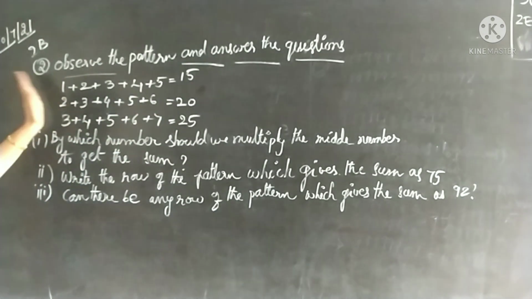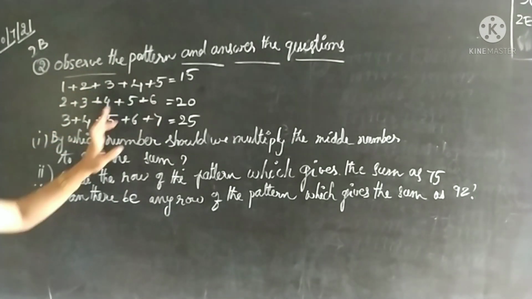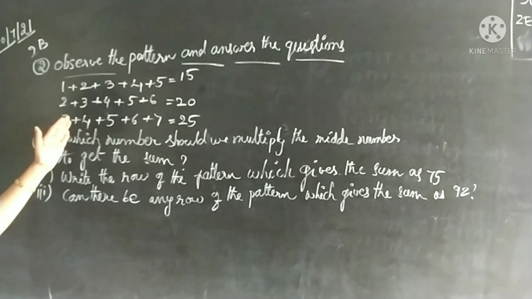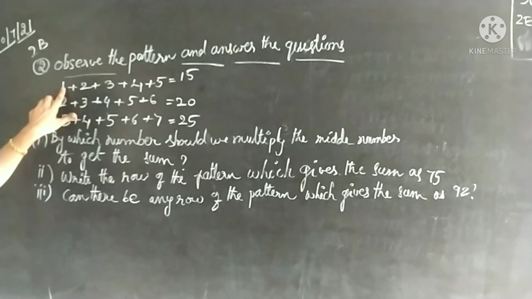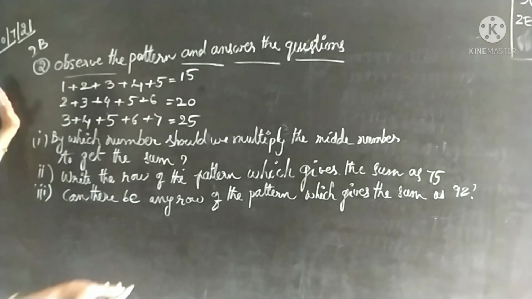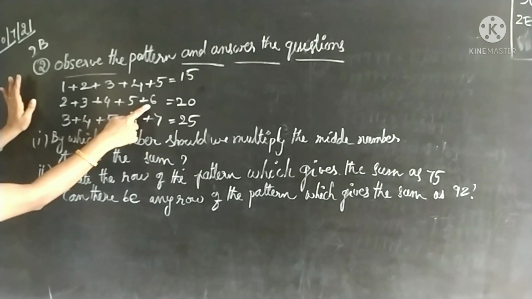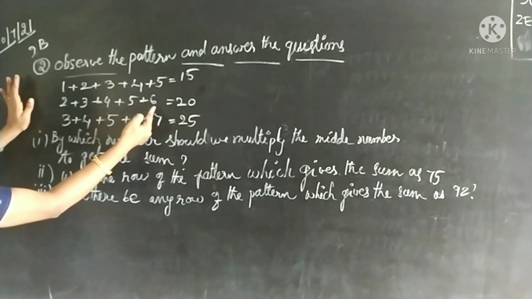First one I am leaving and starting with the 2. 2, 3, 4, like that I am taking 5 numbers. In each and every line I am taking 5 numbers and adding here. So one number I am leaving. Each and every time, the first number I am leaving and starting with the next number. So I have started with the second number and I have extended 5 numbers you have to add now. So I have taken the next number.